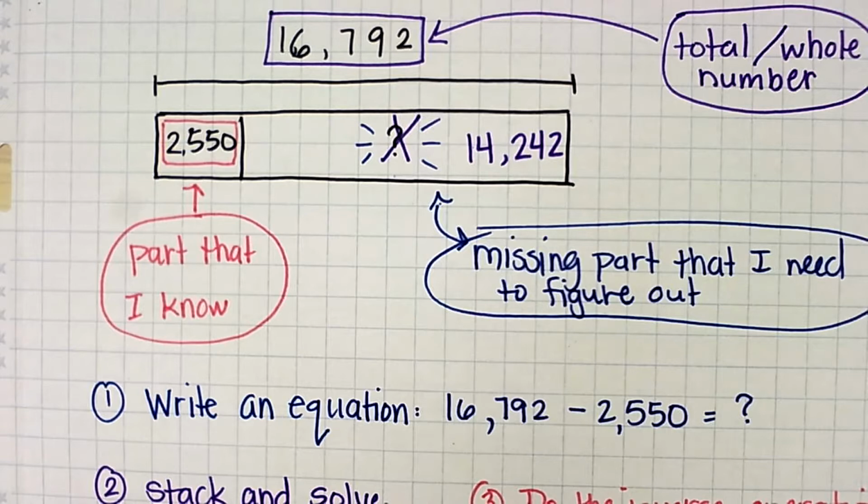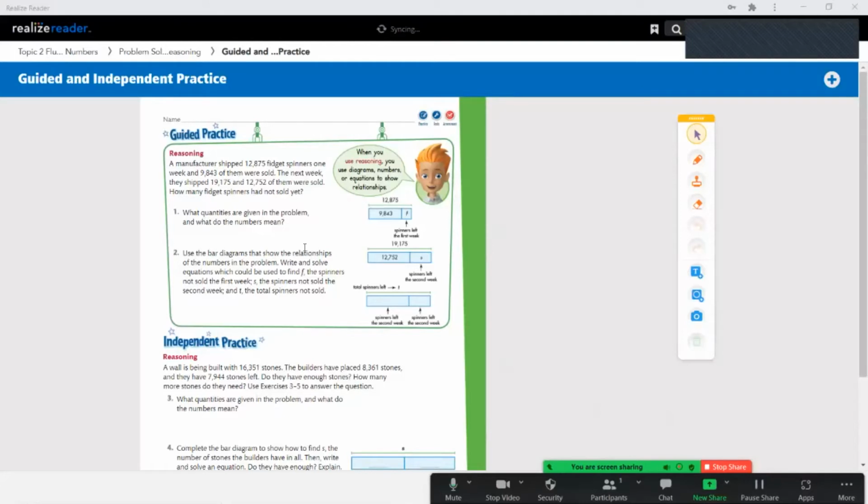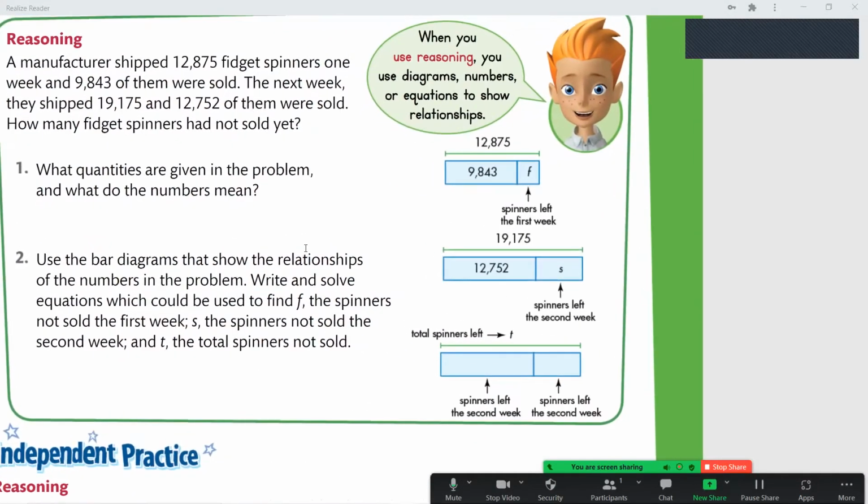Now your first guided practice question, I'm going to put it up on the screen for you so that you guys can see because it does have a couple parts to it. And I'm going to be working on the paper and then I will share the paper with you in just a moment. So it says a manufacturer shipped